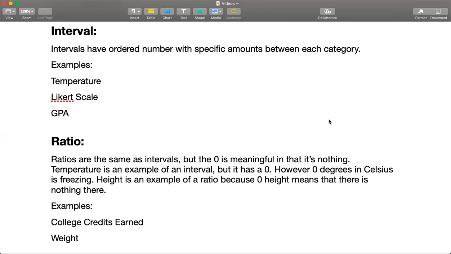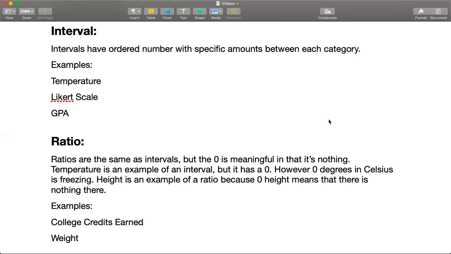In ratio, if I have a 0, it means nothing's there. So temperature is an example of an interval measurement. Height or weight can be an example of a ratio measurement, because if I have 0 height or 0 weight, there's nothing there. So if I could replace 0 with none or nothing, then it's a ratio measurement as opposed to an interval measurement. Another example of a ratio is the college credits earned. I can have 3 credits,